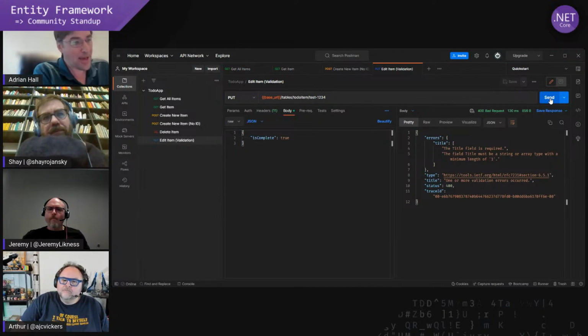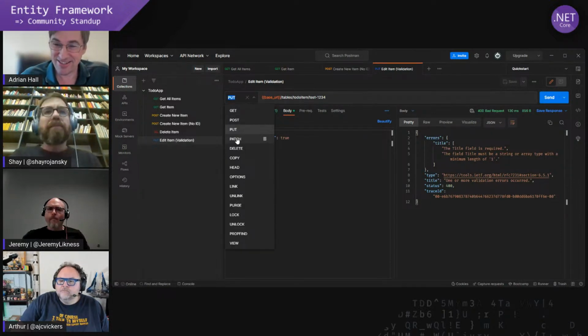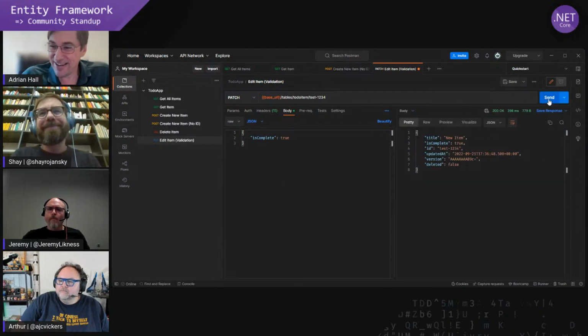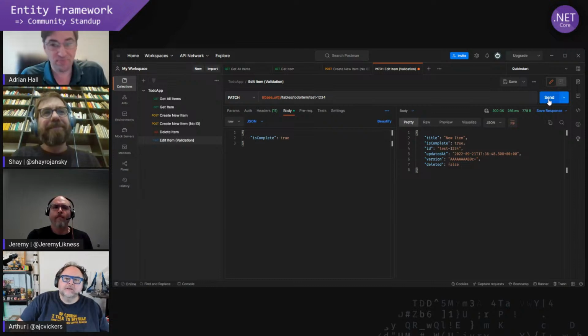There's also a patch version. So if I just subtly change this to patch and I send it, it will now work, because the put is a complete replacement. The patch is an incomplete replacement.